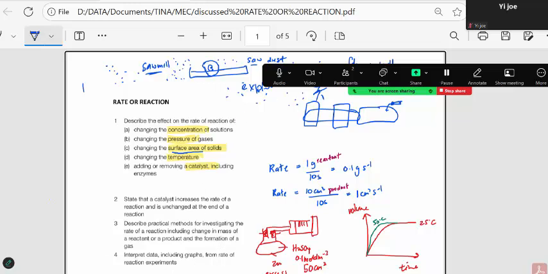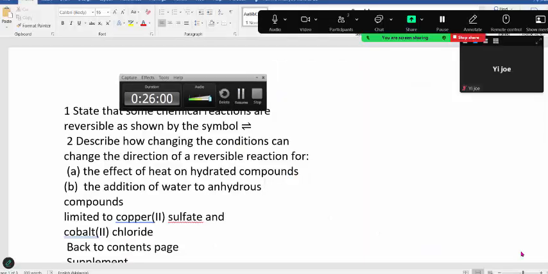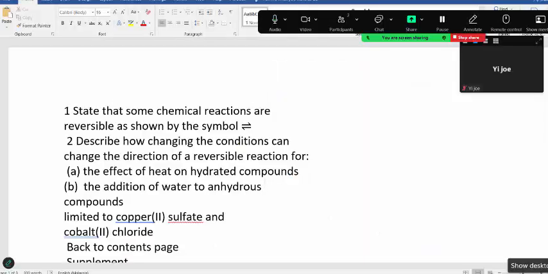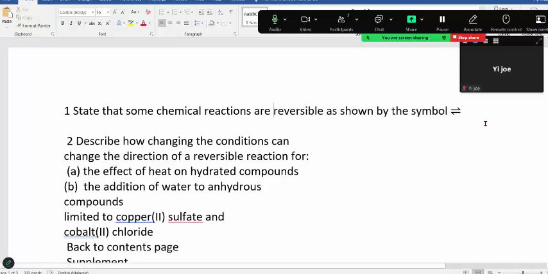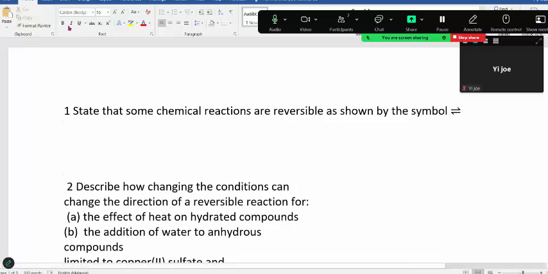Okay, so I want to share with you something. Now, this subtopic is called equilibrium. Okay? Now, what is a reversible reaction? A reversible reaction is when the symbol shows this kind of reaction. Now, for example,